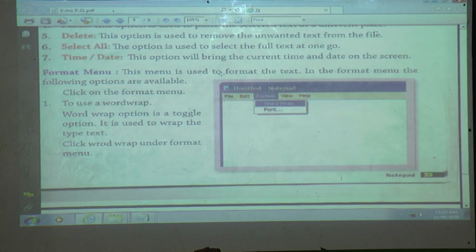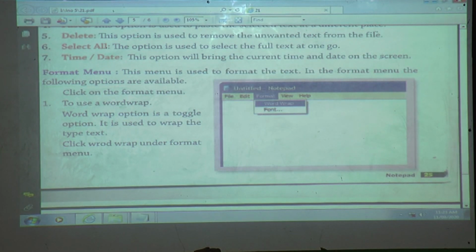This menu is used to format the text. If you want to format the text, that time we can use the format menu. In the format menu, the following options are available. Which options are available in the format menu? Yes, first one is word wrap, and next one is font.